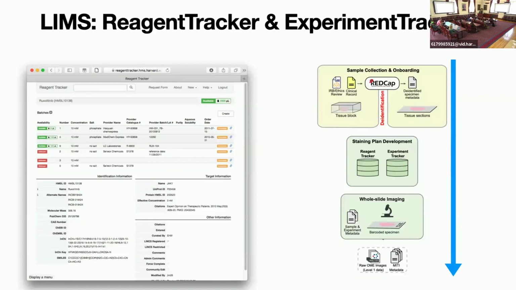And then that is used on the experiment tracker side, which is the other half of this. That experiment tracker manages slide onboarding, clinical data collection, development of the staining plan. So we've entered information about our different microscopes and their filter sets, so you can decide which fluorophores are compatible with which channel and which cycle in your experiment and put together an antibody panel that works for your instrument